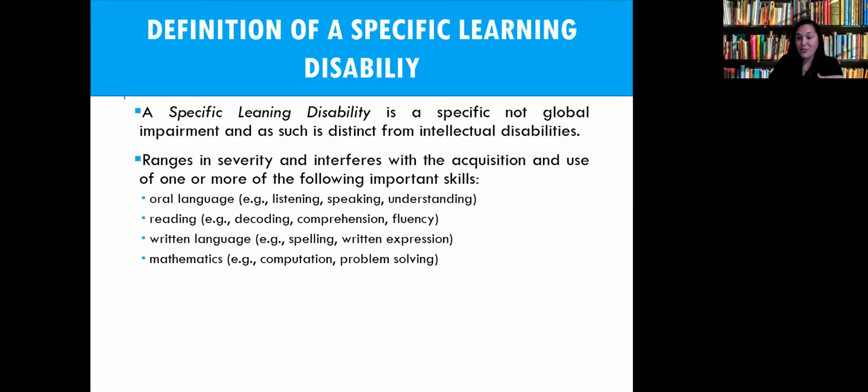Because you may have a student who, yes, it's OHI for ADHD. That was how we identified them because they had a diagnosis in the medical field, but really their cognition is also very low and is going to present some obstacles. Okay, so please, please always go back and look at the cognitive area.